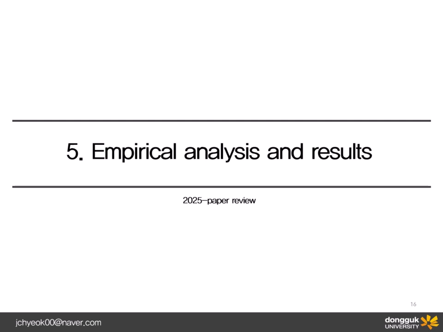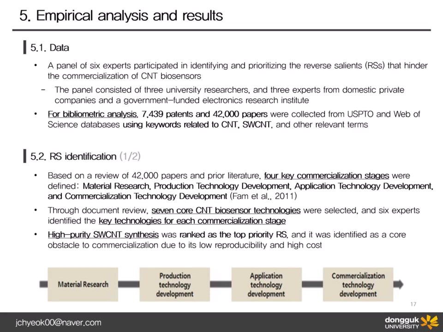This section presents the empirical analysis and results. First, a panel of 6 experts participated in identifying and prioritizing the reverse salients that hinder the commercialization of CNT biosensors. For bibliometric analysis, a total of 7,439 patents and 42,000 academic papers were collected from the USPTO and Web of Science databases using keywords such as CNT, SWCNT, and